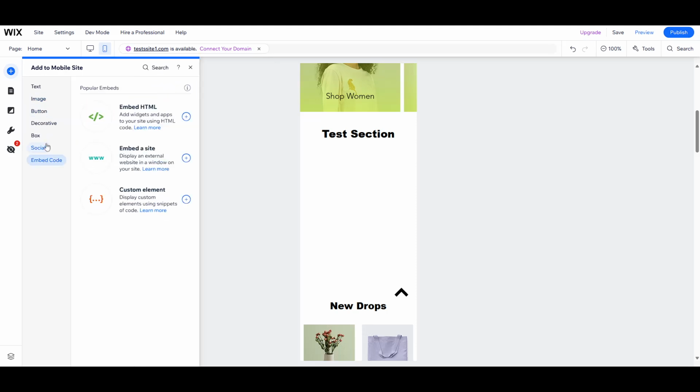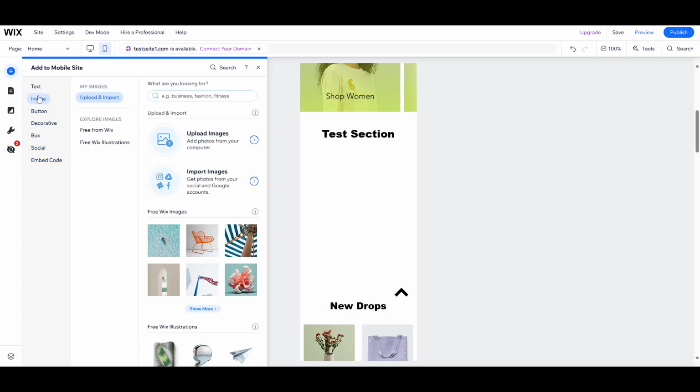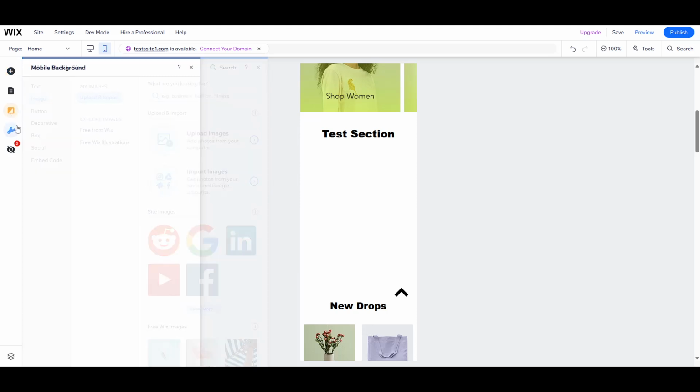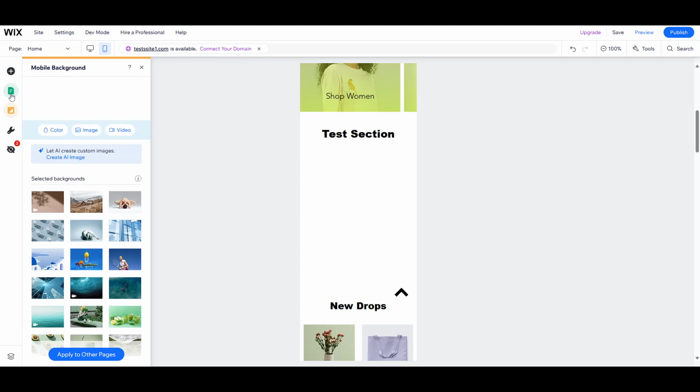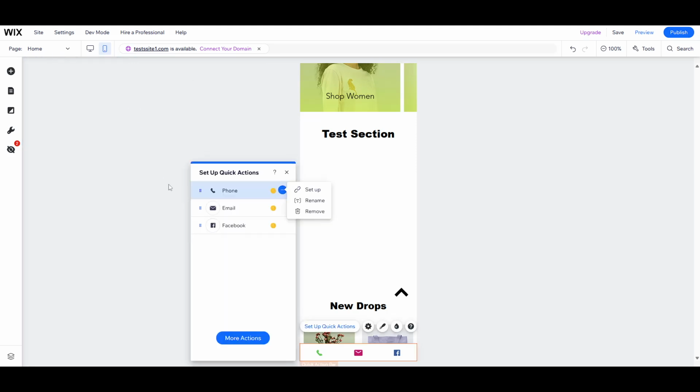Once you've familiarized yourself with the mobile-specific elements, it's time to make use of the Mobile Tools panel. This feature is exceptionally handy for boosting engagement and simplifying navigation. Accessing it allows you to include various functionalities that could make a significant difference in how visitors interact with your site. Whether it's adding navigation aids or elements that encourage user engagement, these tools are indispensable for making your site